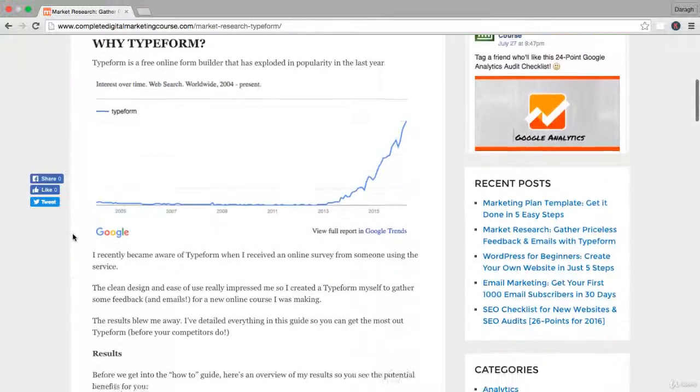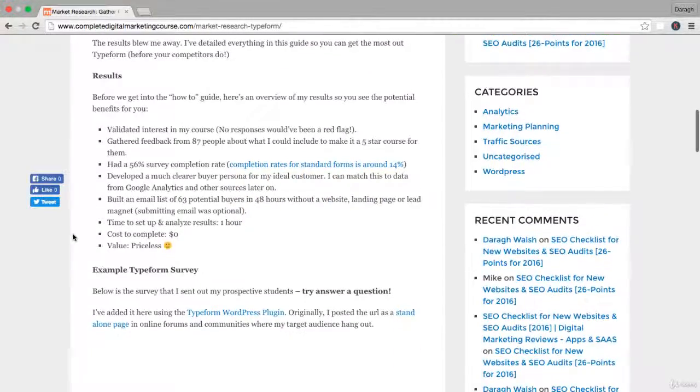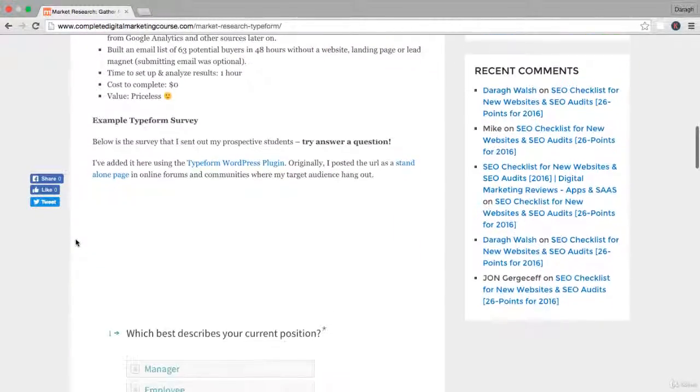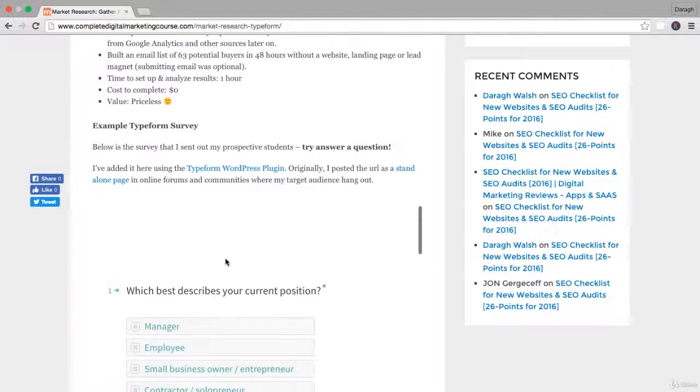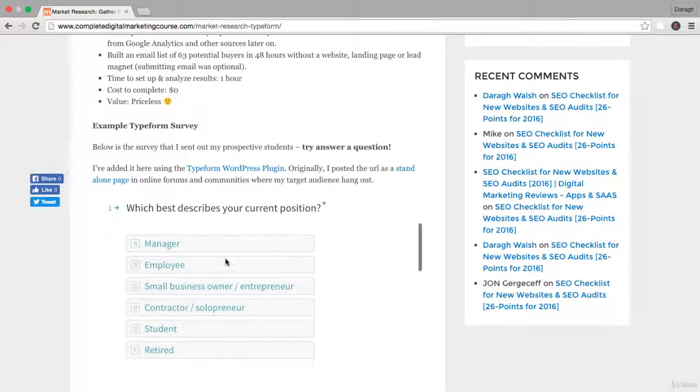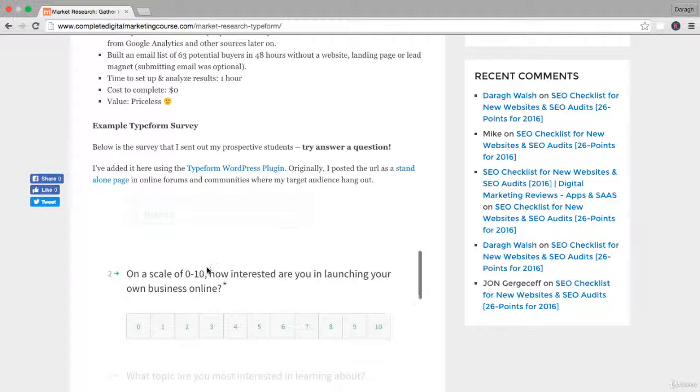I think the best thing to show you here straight away is just an example Typeform survey. I've left it in the blog post here and you can see that this is really the survey that I sent out to my audience to really get a better understanding of who they are and what their needs were. So simply I asked, gave a couple of options, they click that, and then it moves on and shows them